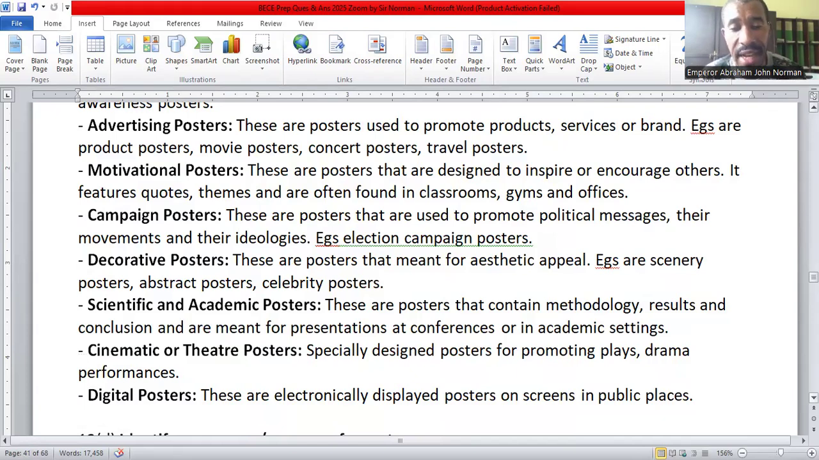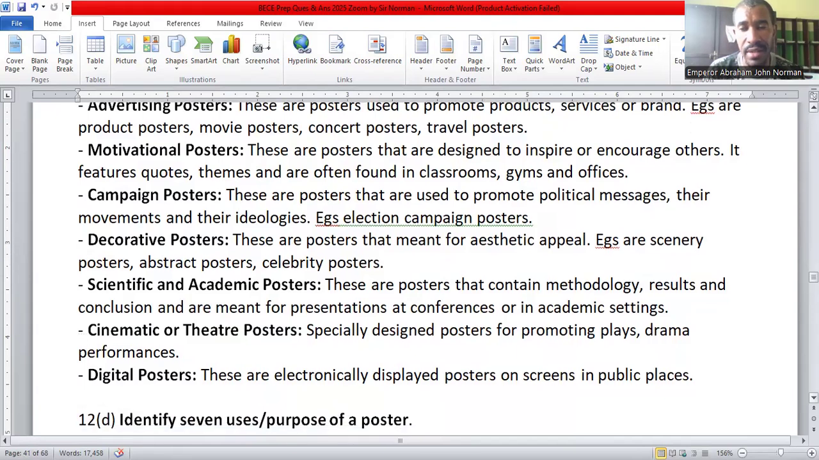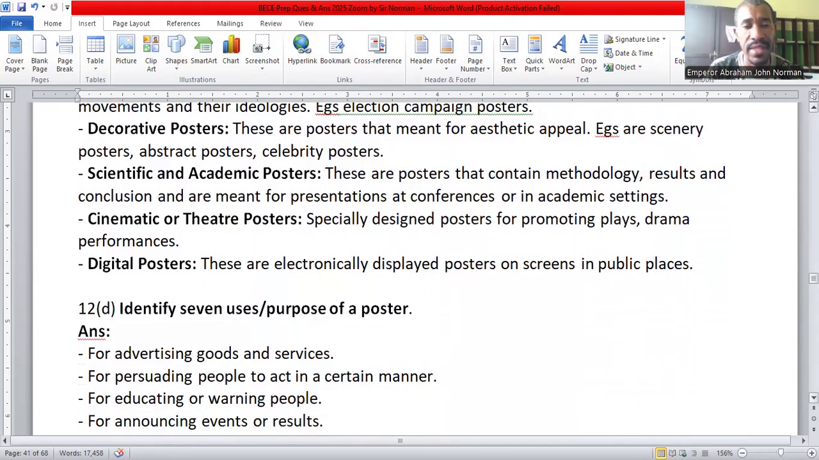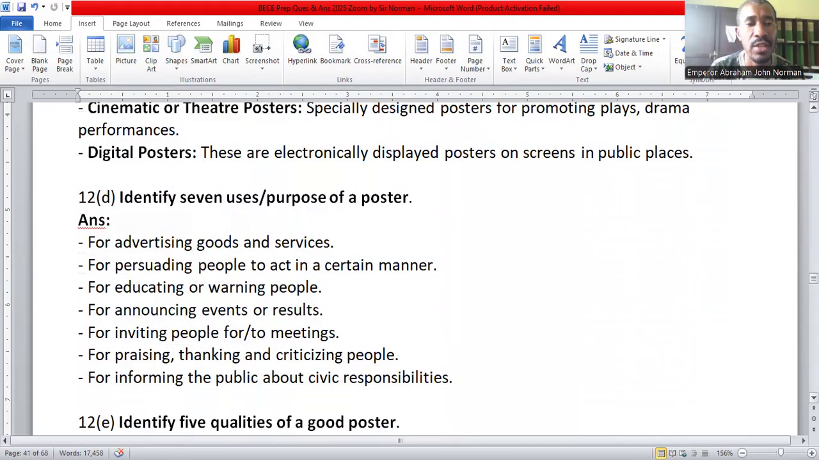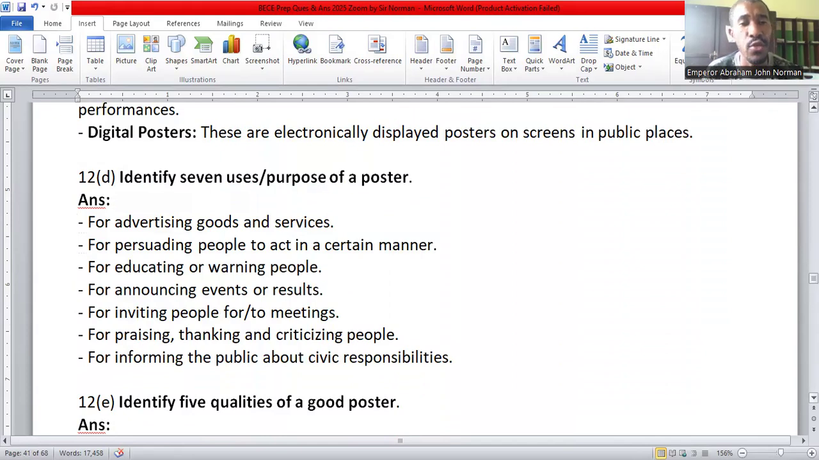Electronically displayed posters on screens in public places. So this one takes the digital format. Now let's come to the next question, which says identify 7 uses or 7 purposes of a